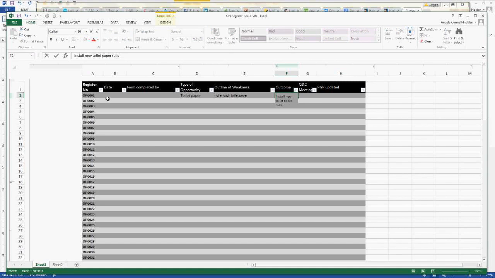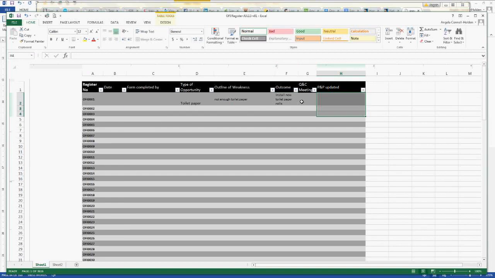Now, you can either use the register as the Excel spreadsheet, or you can handwrite it on there. So it's up to you how you want to do it. Depends on how your organisation runs. But we recommend you use the spreadsheet, and then you bring that spreadsheet to your monthly meetings, and then you say, in the last month, yep, we had 1 opportunity for improvement, and we discussed that at the meeting, and then we put, yes, we discussed it at the meeting.